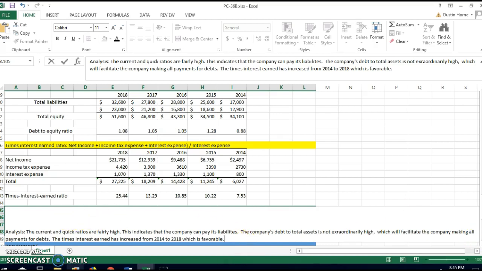I'll have to go back, but let me read it again. The current ratio and quick ratios are fairly high. This indicates that the company will pay its liabilities. The company's debt to total assets is not extraordinarily high, which will facilitate the company making all payments for debt. And the times interest earned has increased from 2014 to 2018, which is favorable. And that concludes requirement